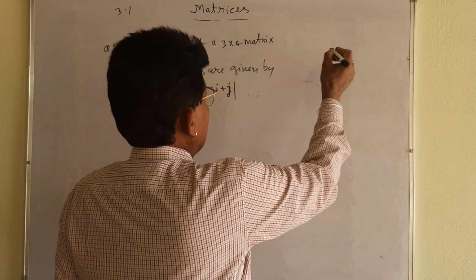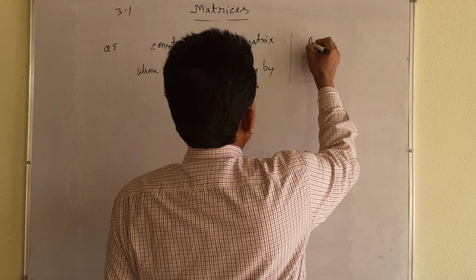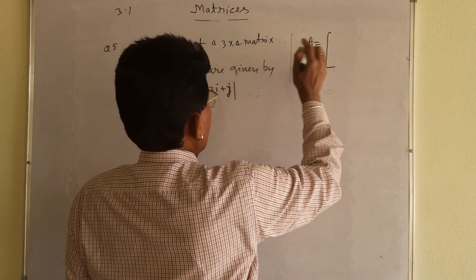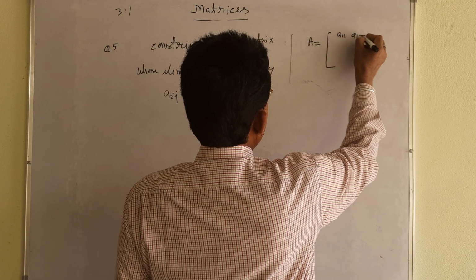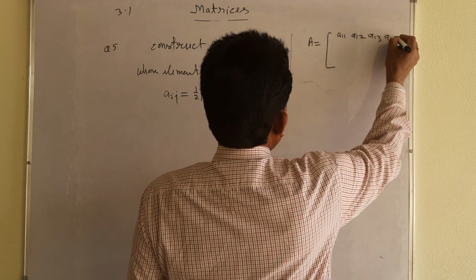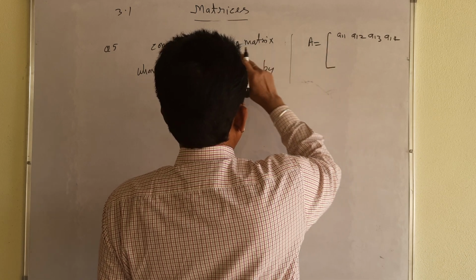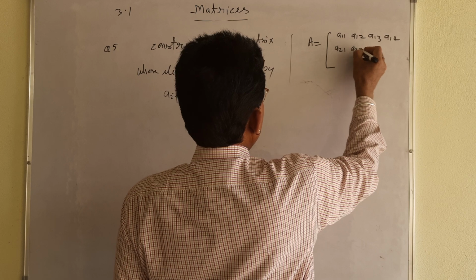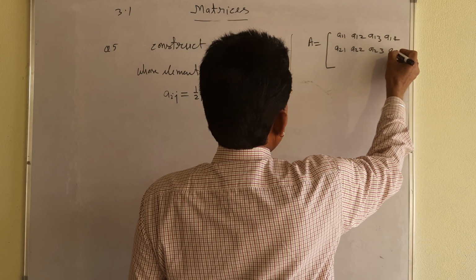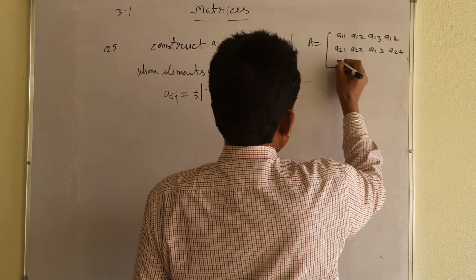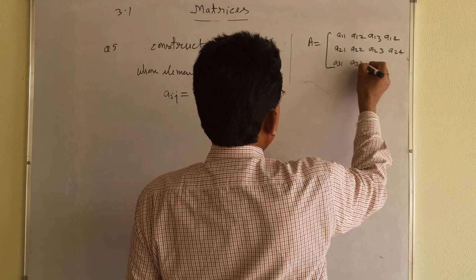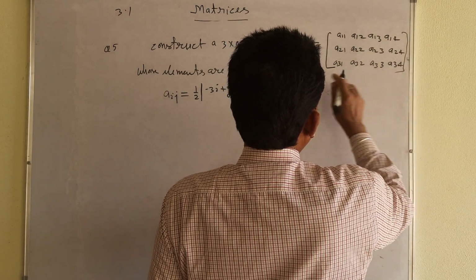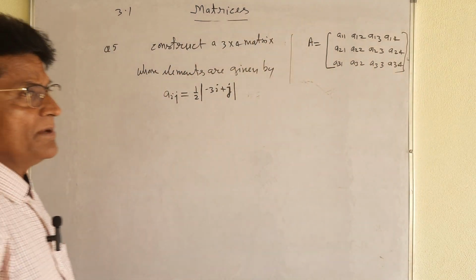And 3 by 4 matrix, let me write the example of it. 3 by 4 matrix क्या हो सकती है भाई? 3 rows and 4 columns. 3 rows A11, A12, A13, A14. अभी लिखा था मैंने. 3 rows A21, A22, A23 और A24. Next A31, A32, A33 और A34. This is 3 by 4 मैट्रिक्स. अब ये एलिमेंट आपको निकालने हैं.